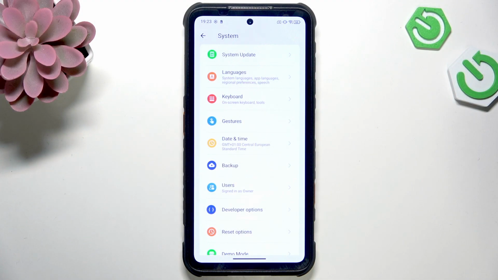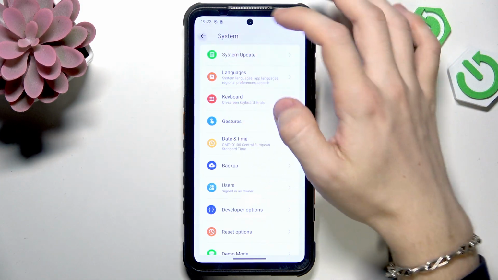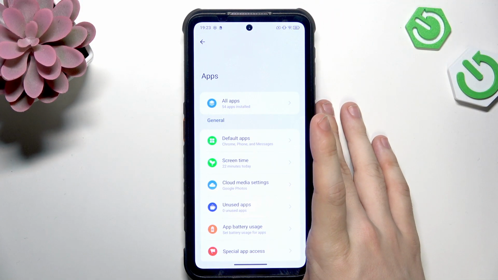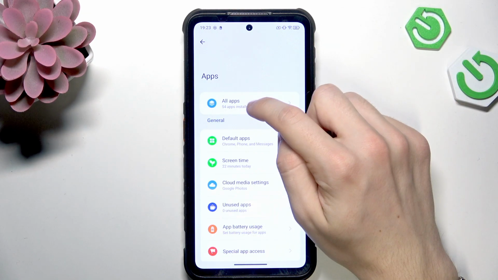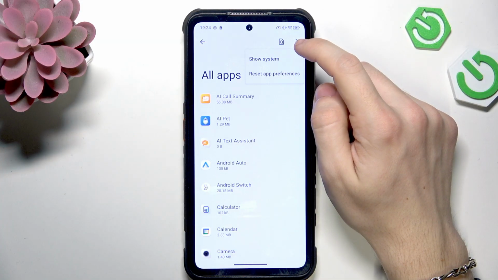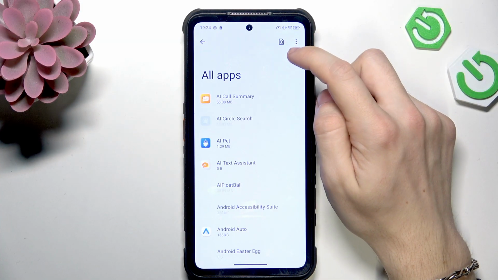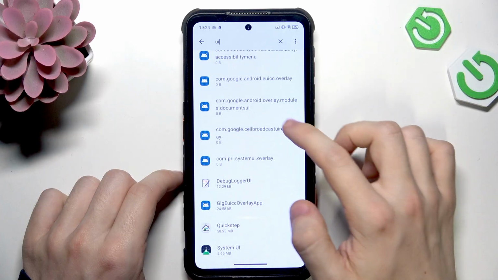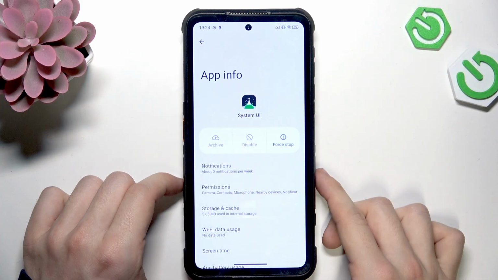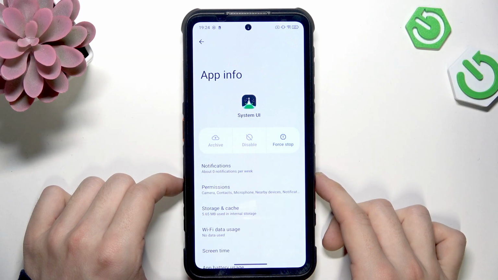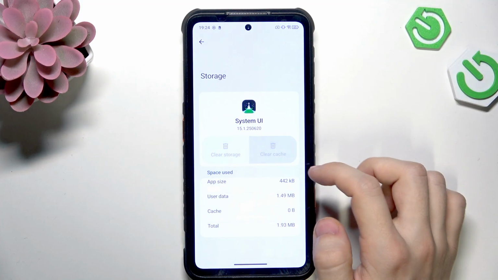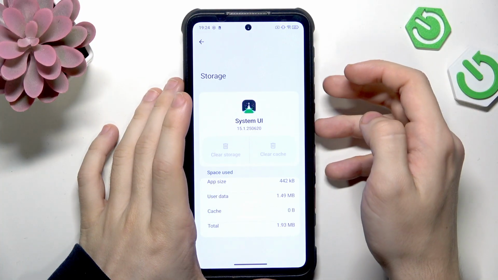In order to fix that error, you will need to make sure that in settings, if you go to apps, then go to all apps, 3 dots in top right corner, enable show system. Then when you find system UI, which I think we can search for, yeah, there's system UI, make sure to go into it and go to storage and cache, clear cache, and now restart your phone by either pressing and